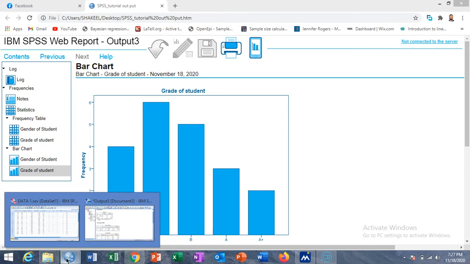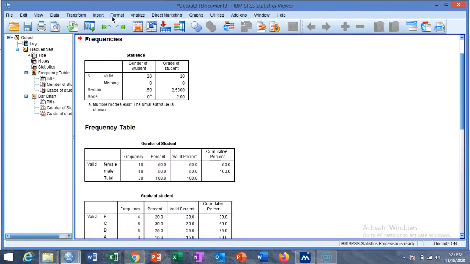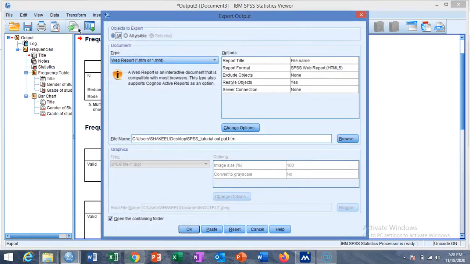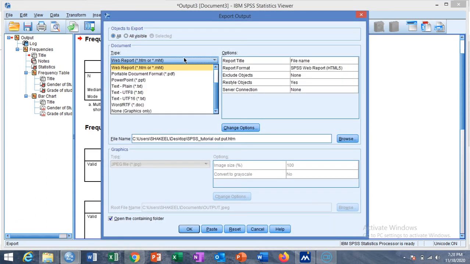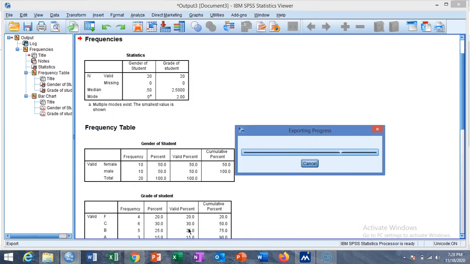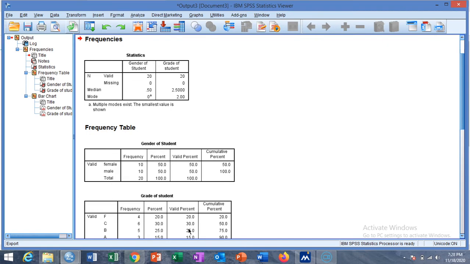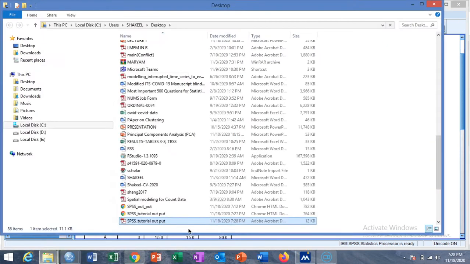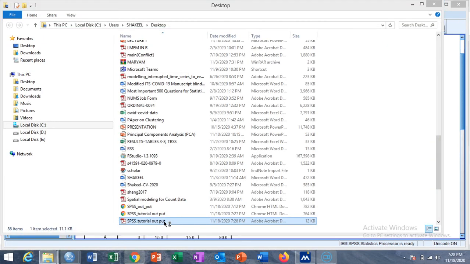Now I want to convert the output to the PDF format from the option, and convert the file to the PDF and then click on OK. You will see your output in PDF format from this option.